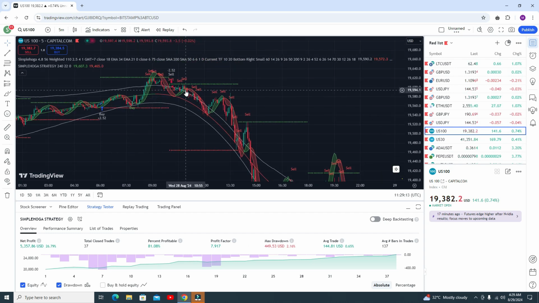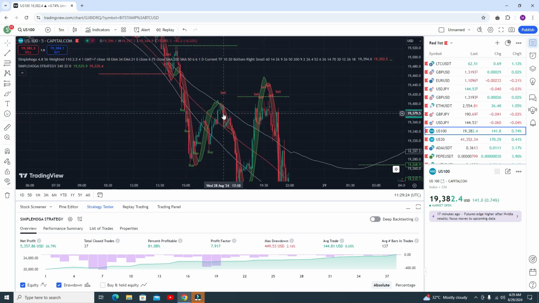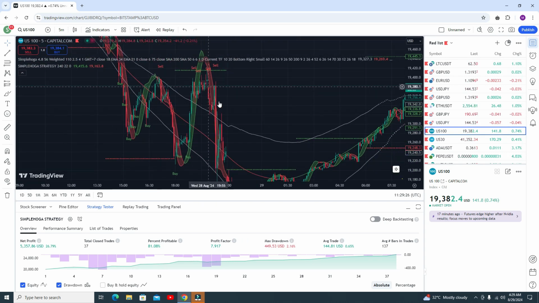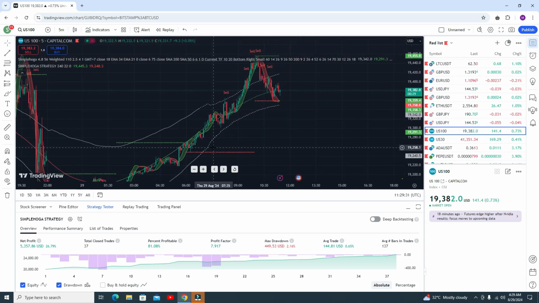After getting this sell signal, you can see this is the most accurate sell signal or double confirmation signal, because the RSI is above the upper band line, so you can see the accuracy. Okay, another sell trade, and you can see it's profitable, another sell trade, and it's also profitable. Here you can go for the buy trade and you can see the accuracy.